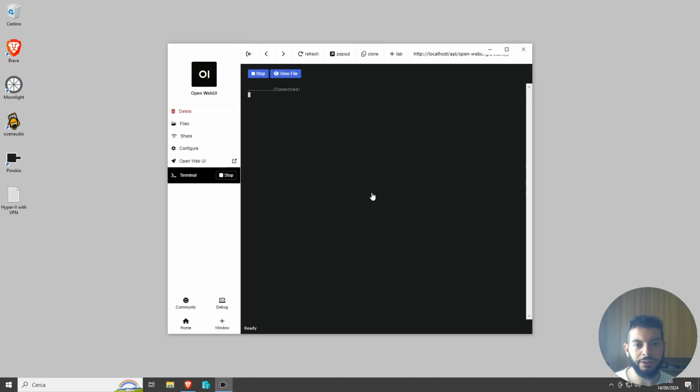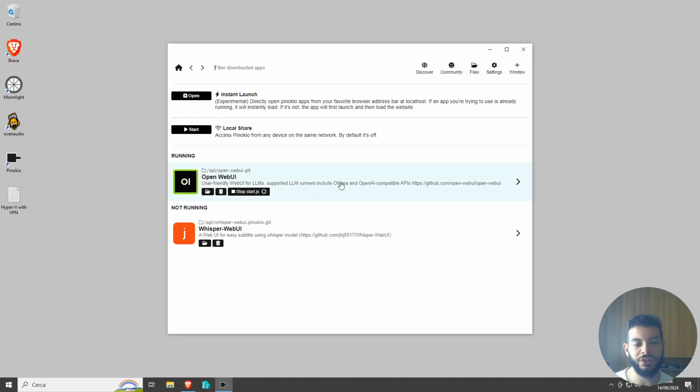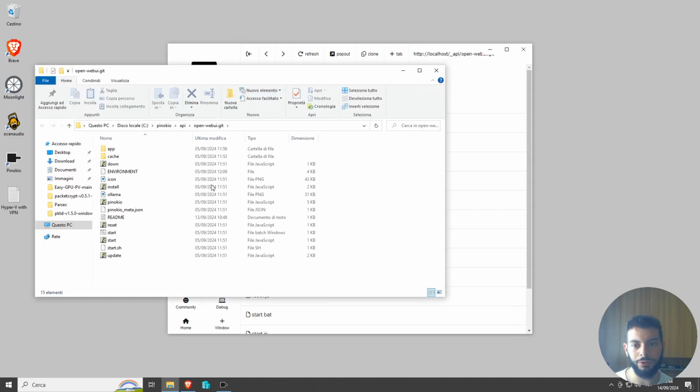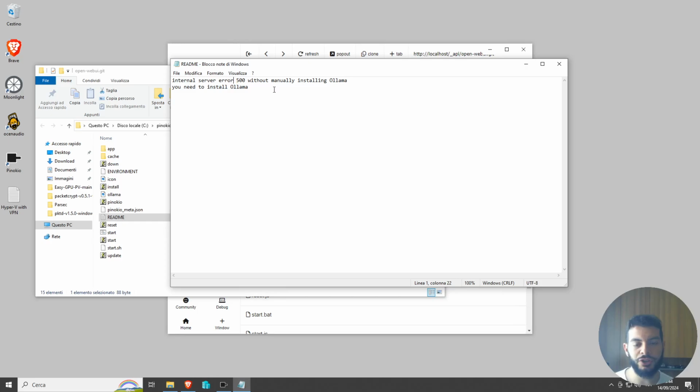Here is the terminal. In case you have errors, you can check the details linked to it and have a solution. And before I said, I don't really agree that you can install it with one click, because as I also wrote down inside the folder, if you install it without installing Ollama, you have this kind of error.